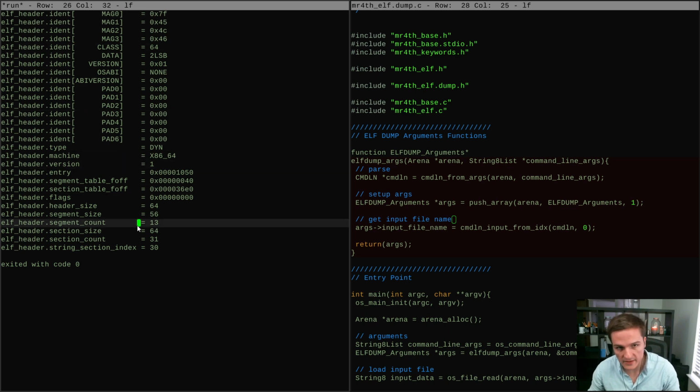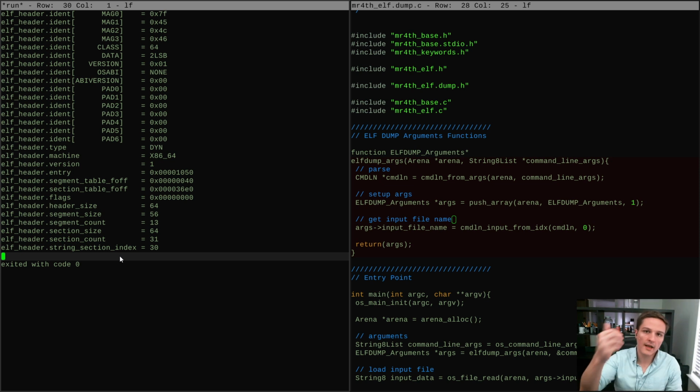We did the header last time. We should be able to wrap up today, I think, because all we have to do is dump sections and segments. Unlike the PE dumper, I don't know if you've seen any parts of it, there's the header and then an optional header and some data directories, and those data directories all have their own stuff. So the PE format is a lot more involved. The ELF format's simpler, but